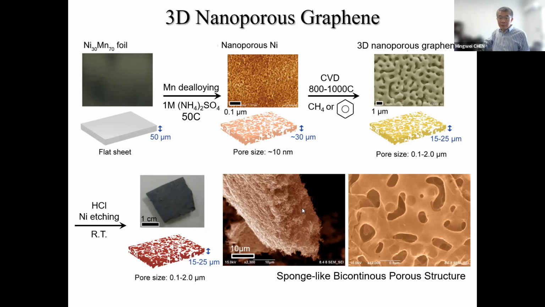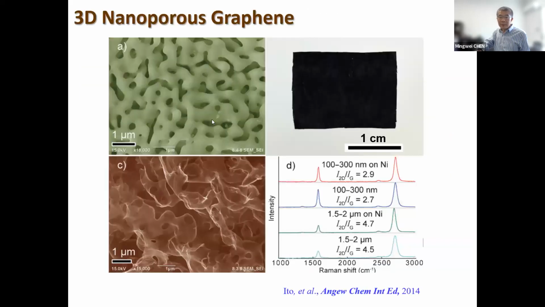So if you move this sample to the microscope, you're going to see a bi-continuous porous structure fully adopted from this nanoporous nickel, which can be well resolved in the 2D graphene. This is one example here. So by this way, we can construct 2D graphene with a three-dimensional structure. As we know, this nickel ligament basically has the minimal surface feature. So the 2D graphene actually inherits this minimal surface structure, but keeps the 2D